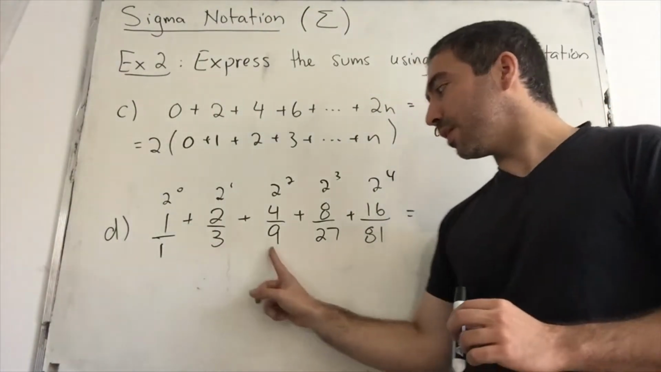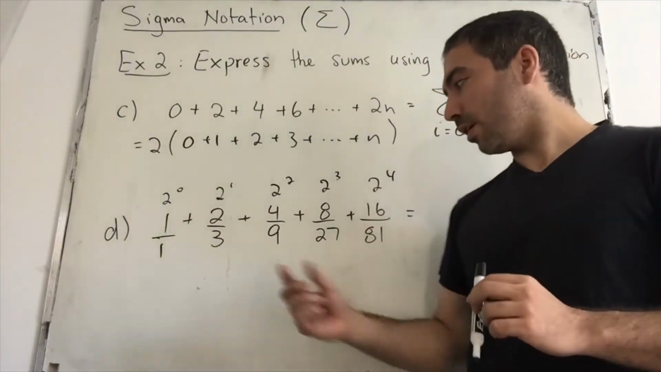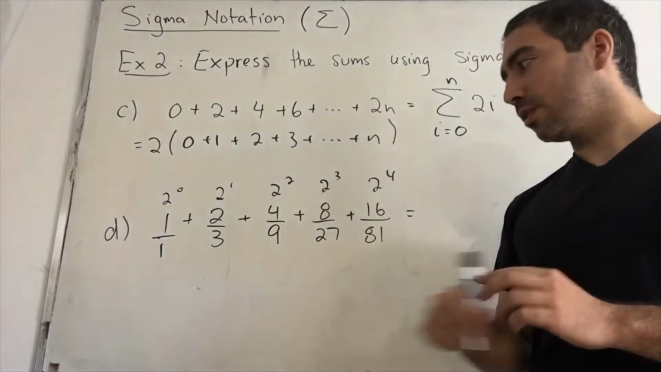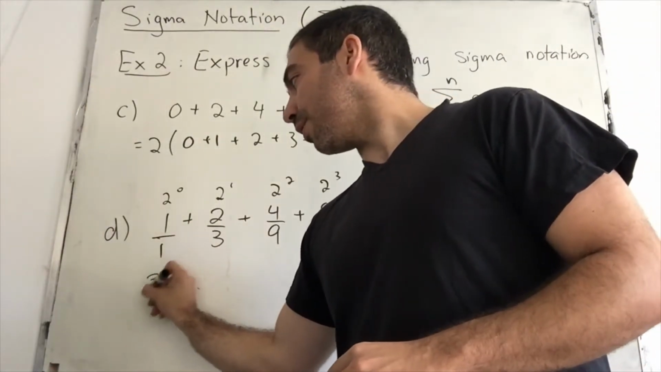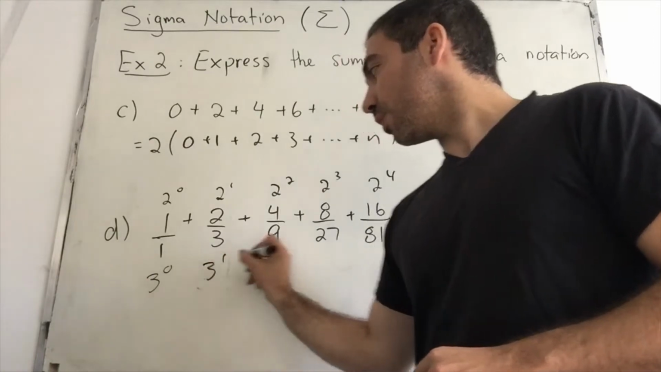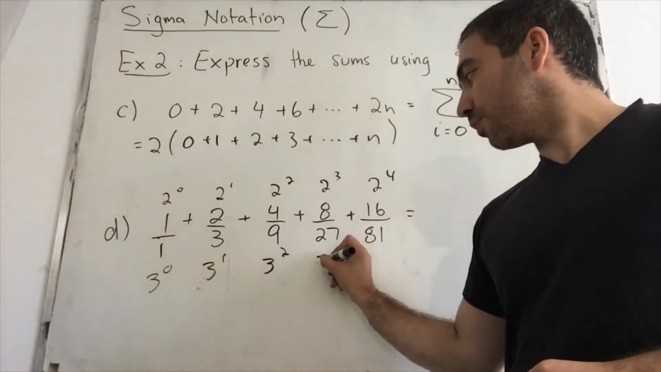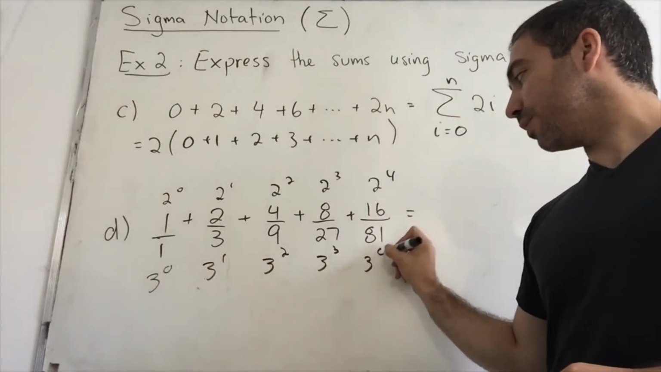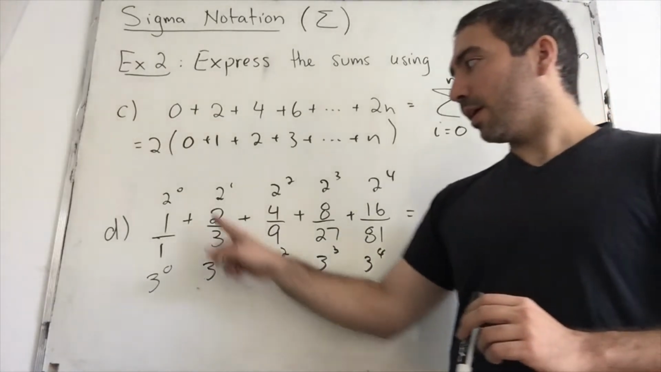We have 1, 3, 9, 27, 81. These are all powers of 3. So I could represent 1 as 3 to the 0, 3 as 3 to the 1, 9 as 3 squared, 27 as 3 cubed, and 81 is 3 to the 4. Okay. And notice now,